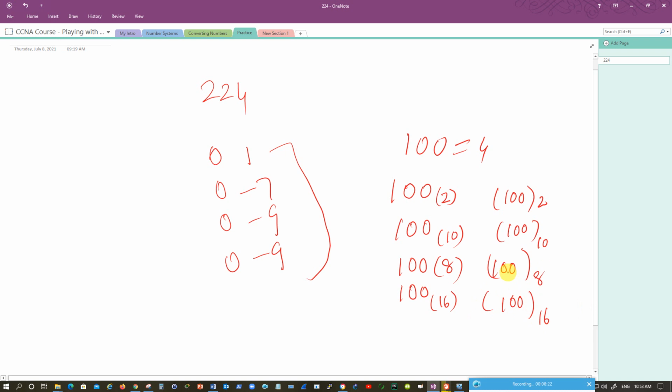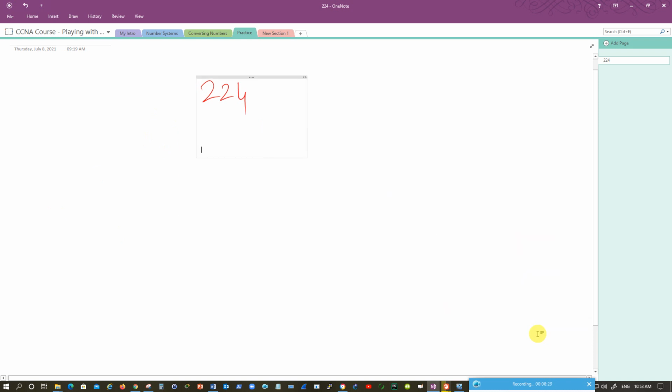Okay, let's try to see how we can convert a 224. First I will show you the most commonly used one, binary to decimal, decimal to binary, and all those things. Starting from decimal to binary. This is the decimal number. Let me write down that it is decimal, and I'll express the base 10 here. If I were to convert, the old school method says you start dividing by 2. It's a long method.